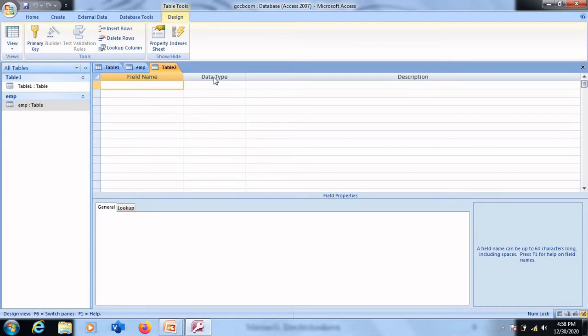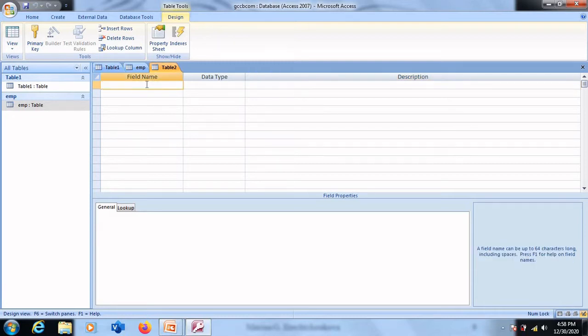For example, if it is a name, we'll have to select text. If it is a roll number, we'll have to select number and so on. So data type, we'll have to mention. And the third one is optional, where for our convenience we can mention a description about that particular field, about that particular column.